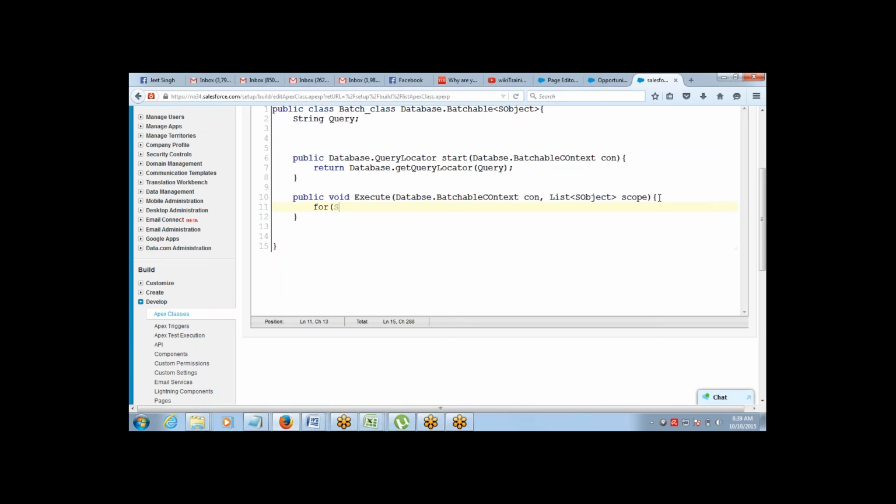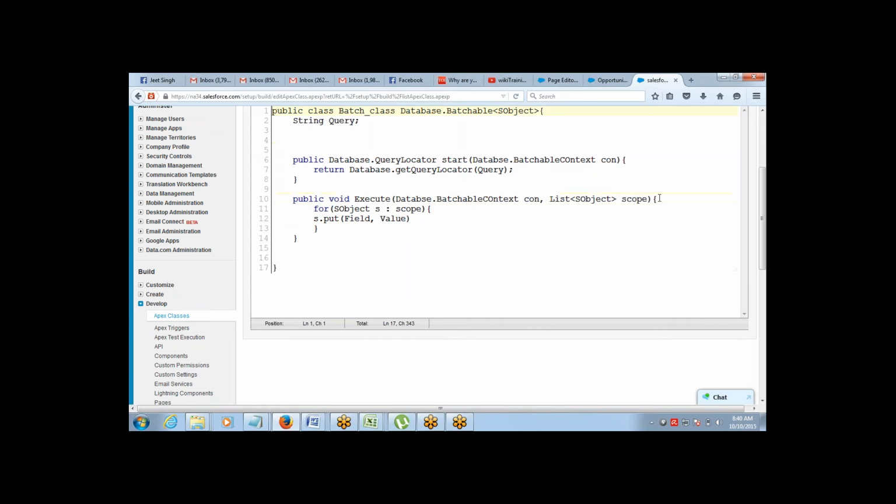In my execute method, all I have to do is say for sObject s within scope, let's say s.put field, value. Which field I want to update, that I have also kept as a variable, and the value that I want to update the field with is also another variable.